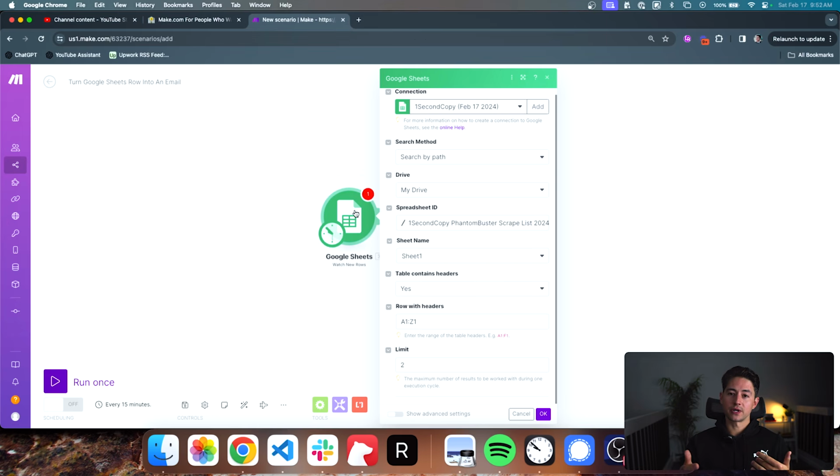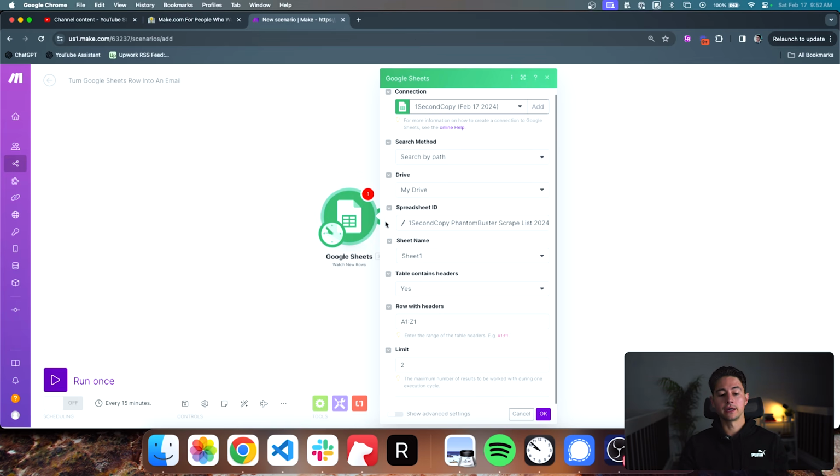Airtable has very similar triggers where you can watch when a new row is added. You can do things by function, all that stuff. Maybe it's ClickUp or Pipedrive, and you can do things like watch when a new entry is created in Pipedrive or ClickUp, right? Same sort of idea. Google Sheets is just a way for you to get your mental model of how all this